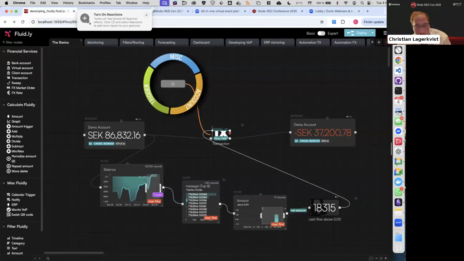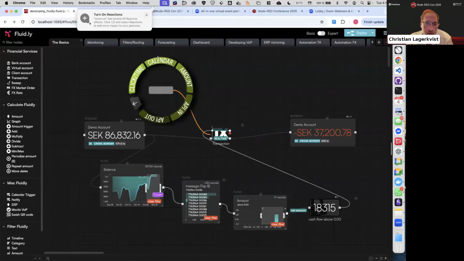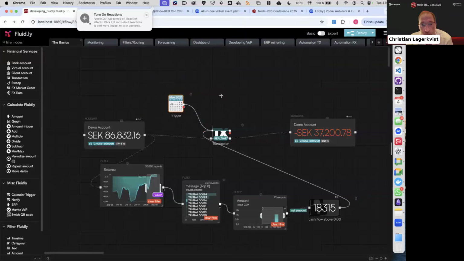But if you're gearing something towards finance, you can't really use API triggers or have little buttons that they need to go in and remember to push at 16:30 every day. So what I did was that I created a calendar trigger so they could use their Office calendar or their Google calendar. And as soon as a meeting pops up in this calendar, we will get traffic, which will result in a transaction.